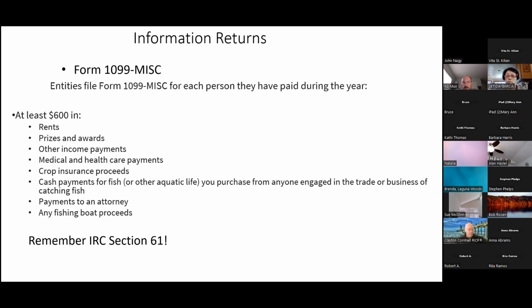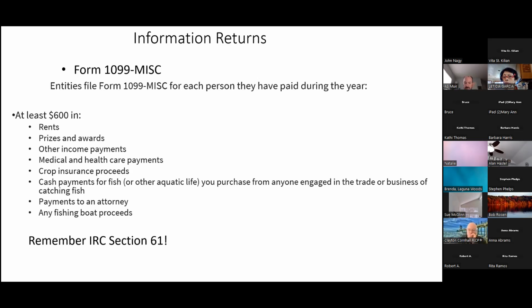And you don't want to be assertive with the taxpayer. You just want to say, hey, what does this represent? Most taxpayers will probably tell you, I did this, I did that, and this is why I got this particular document. Other income payments, again, this is not a document that's issued to wage earners. Wage earners are issued the W-2, so this would be self-employment. That's typically what you're going to see, prizes and awards and other payments.